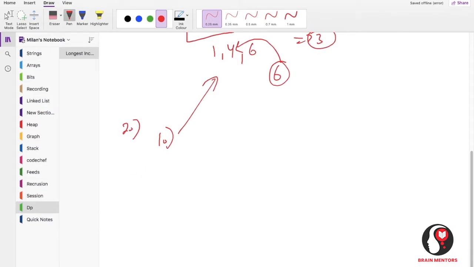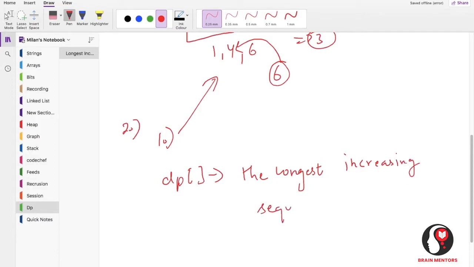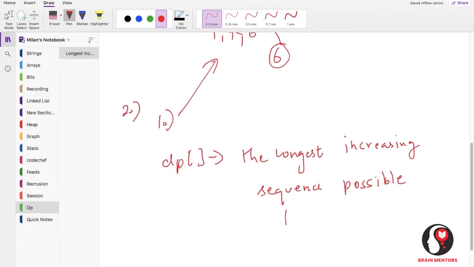For iteration, our DP state stores the longest increasing sequence possible for the current index. This is what it stores.